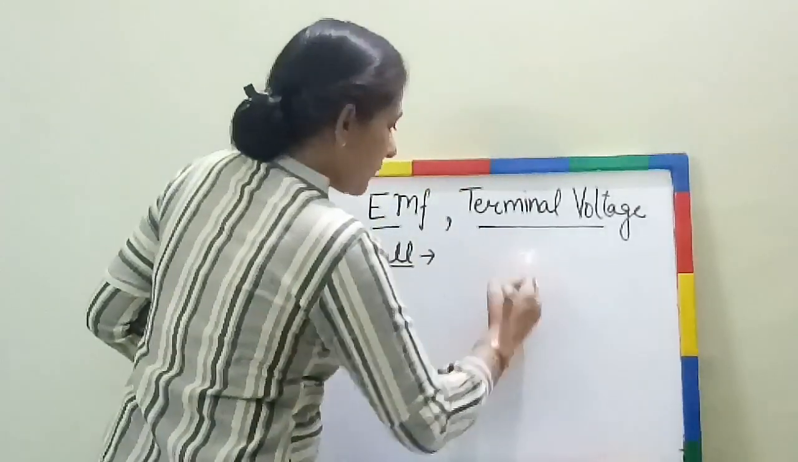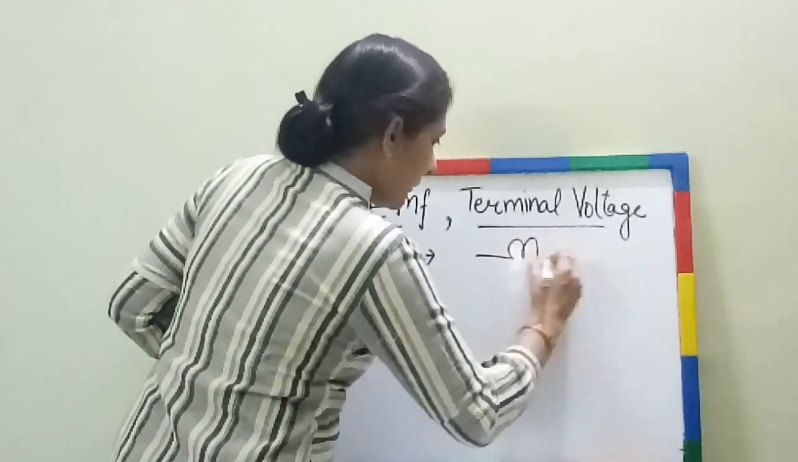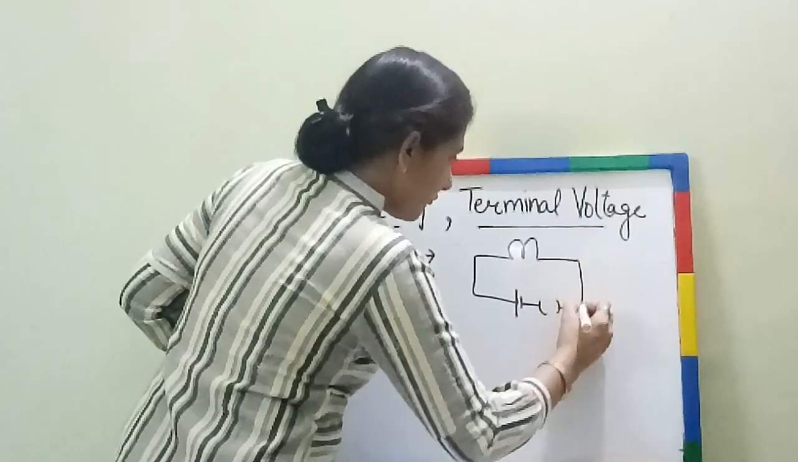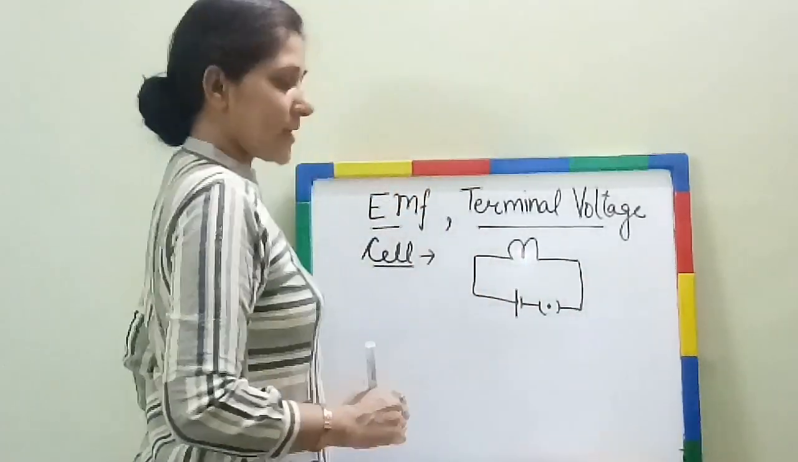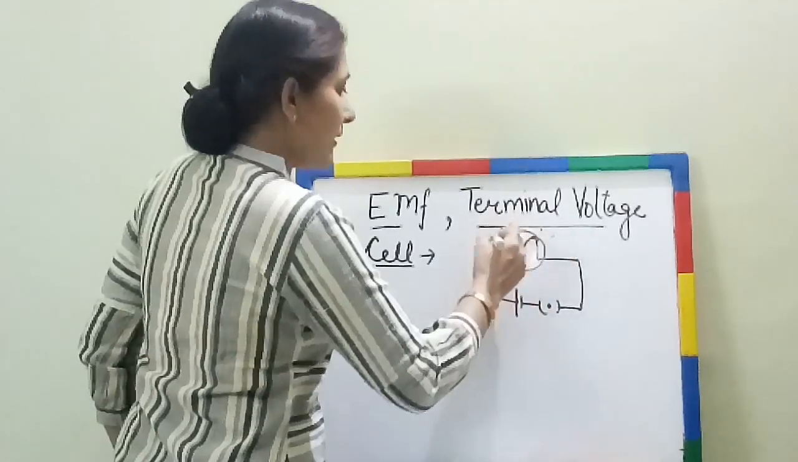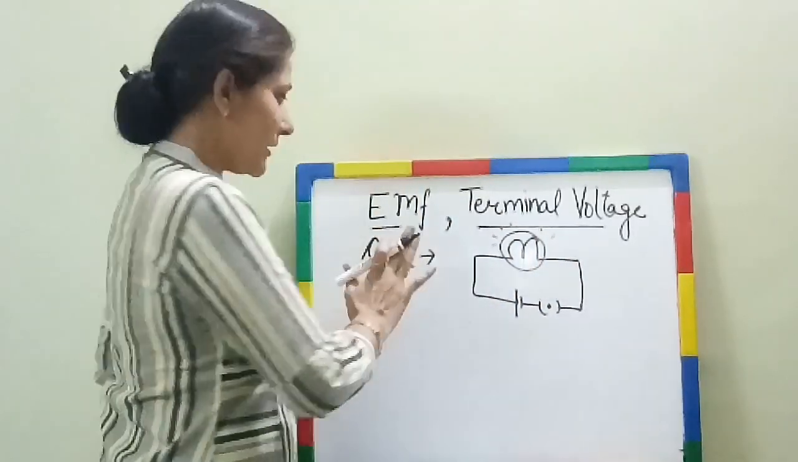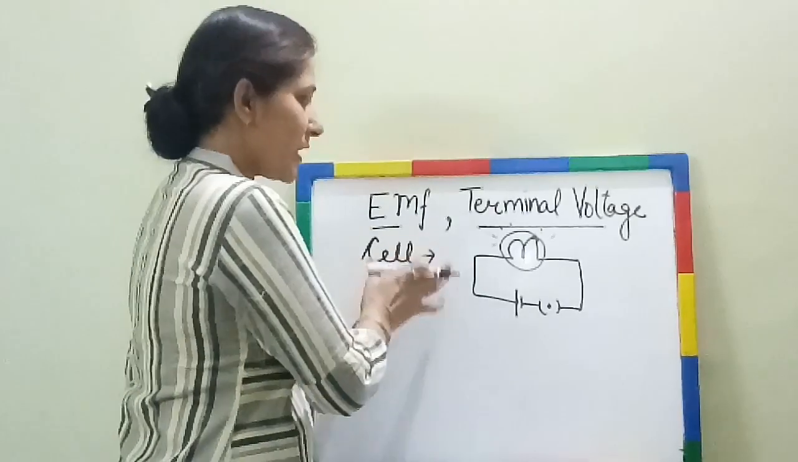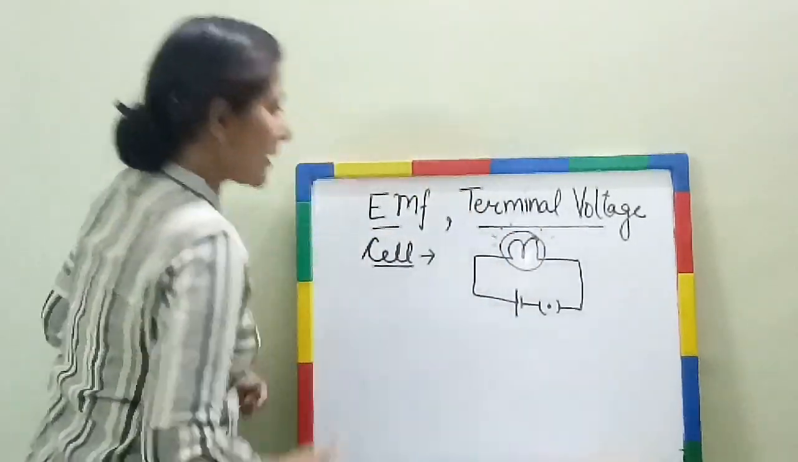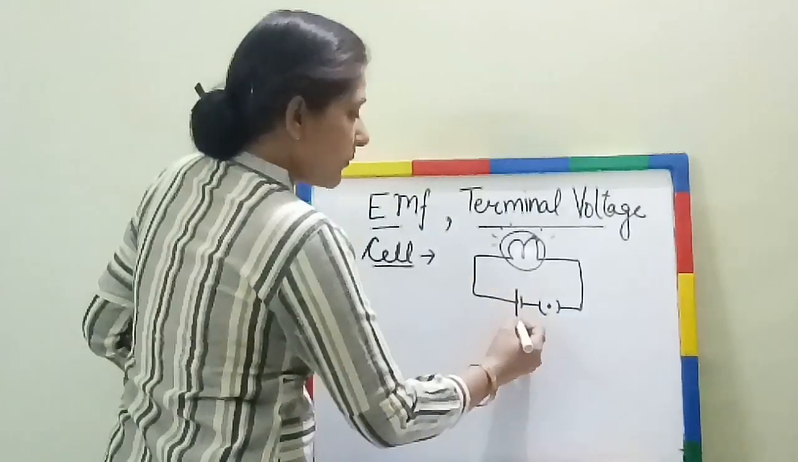Suppose this is a circuit, a bulb is attached over here, and this is a cell and this is a key. When we complete this circuit, this cell provides electrical energy to the bulb and it will start glowing. So initially we defined a cell as a device which provides electrical energy to the electrical appliances or components, and this is the symbol of the cell with which